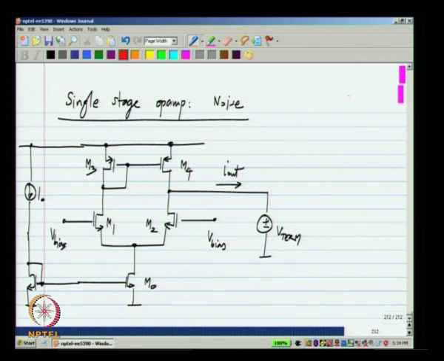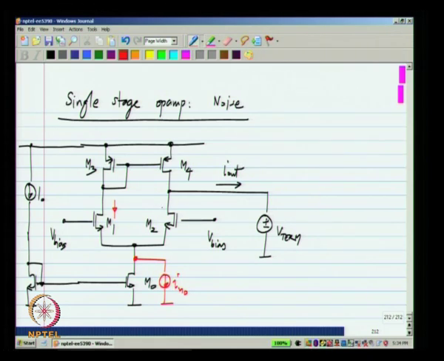So, first, in quiescent condition, of course, I out is 0, and let me add a current IN0 that is due to M0. Okay. Now, if I have a current IN0 due to M0,